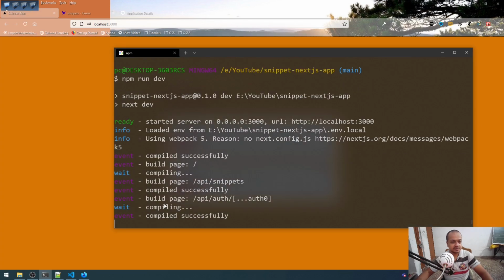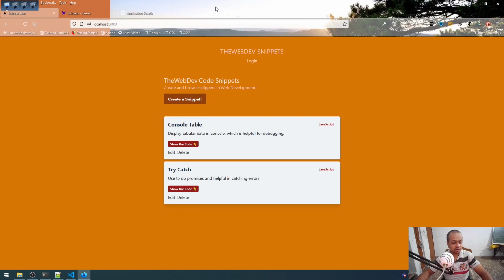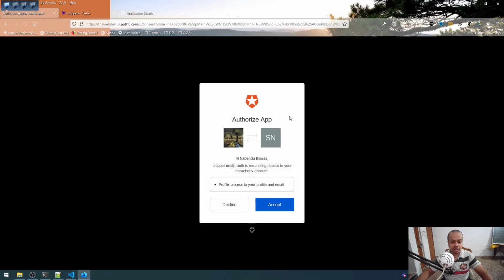So yeah, it is done. Are we seeing the login button? Yeah, we are seeing the login button. So let me click on it. Click again. Sometimes I don't know why it is asking two times. Okay, it is asking again, and it will ask the first time to authorize it. So I will accept it